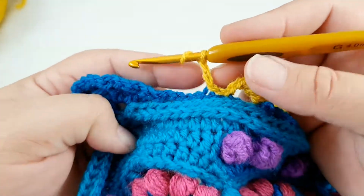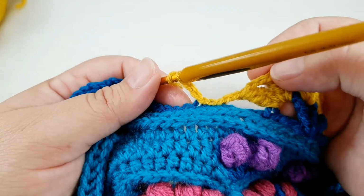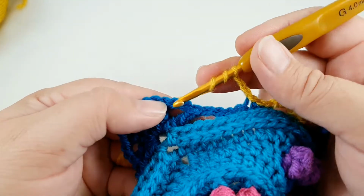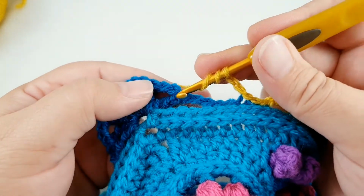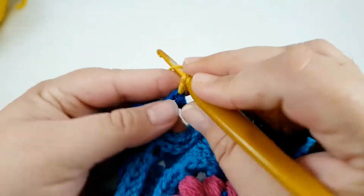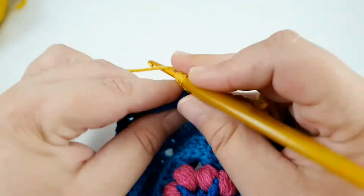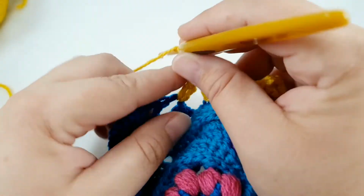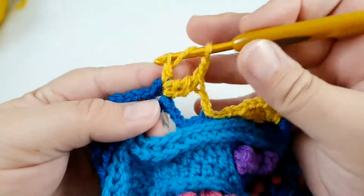Okay, so I'm at the corner and I've finished with a chain 2, 3 slip stitch and a chain 2 on the last repeat. So what we want to do is skip 2 slip stitch, the chain 2 and a treble, and make a treble cluster in the chain 2 space, chain 2, treble cluster